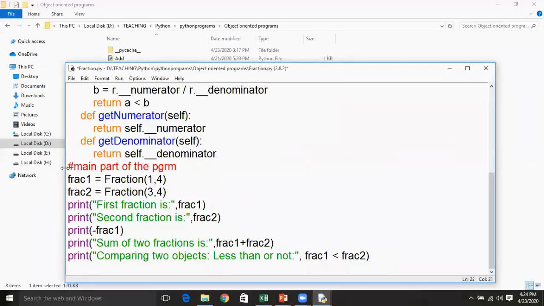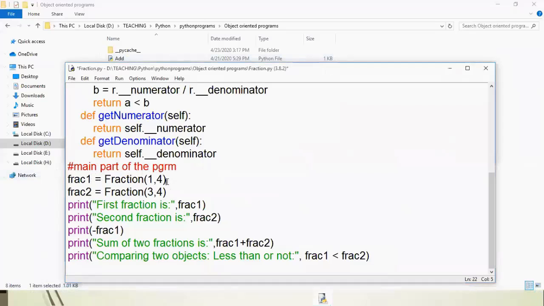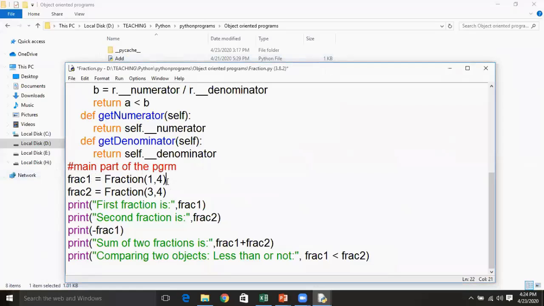First you are creating an object frac1. frac1 is acting as an object or reference variable of the fraction class, and while you are creating the object you have passed two parameters, 1 and 4.